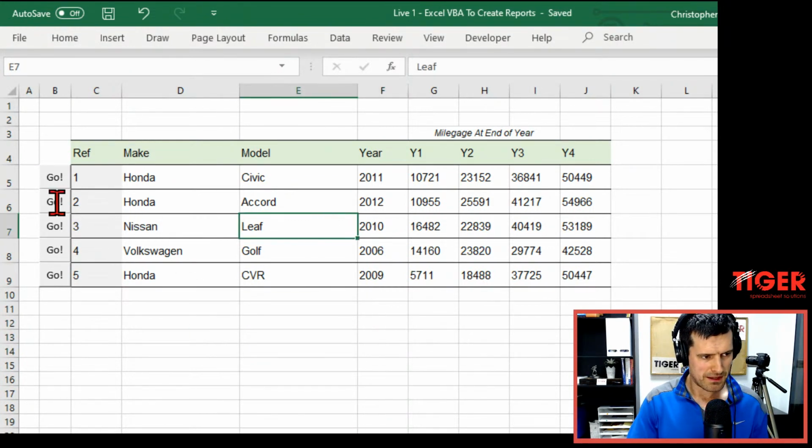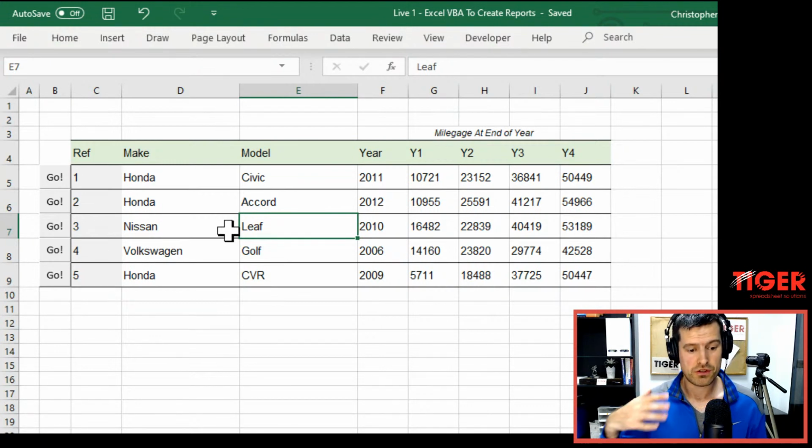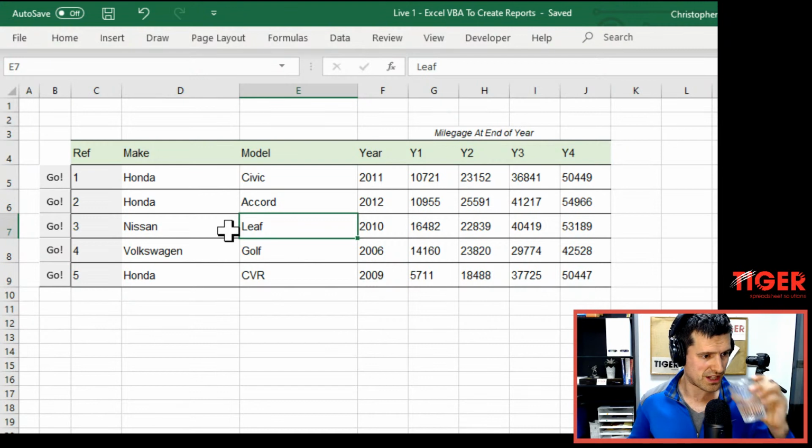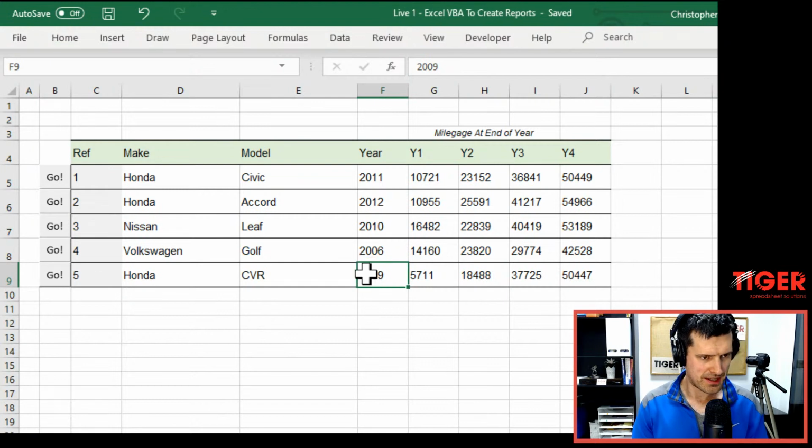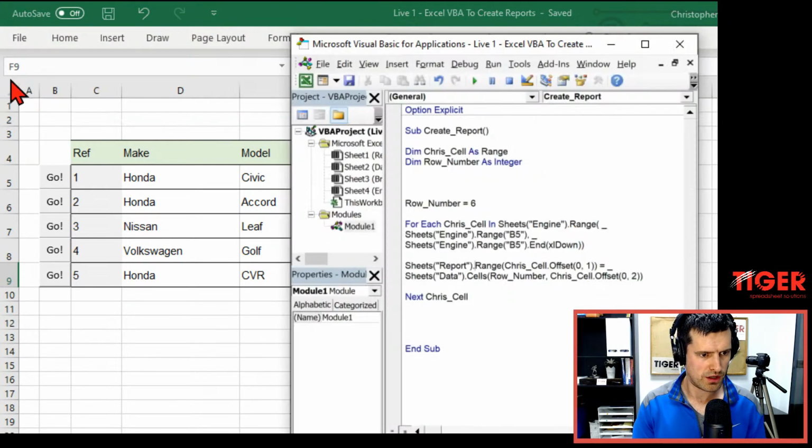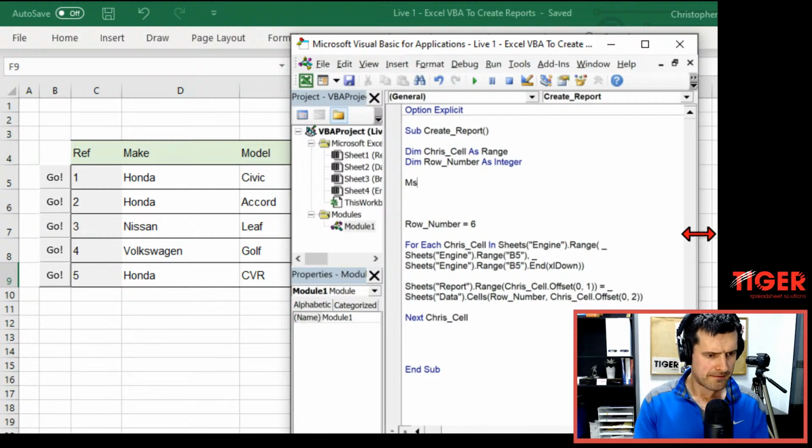Now I want to be able to click the button and for the information from that row to appear in the report. This is exactly what I'm going to have to do for my customer tomorrow, so it's a good kind of revision for me. So any ideas? Any ideas in the chat? What could we do? This is an approach you would have seen on the Tiger channel if you've worked through all of the videos. So let's say,